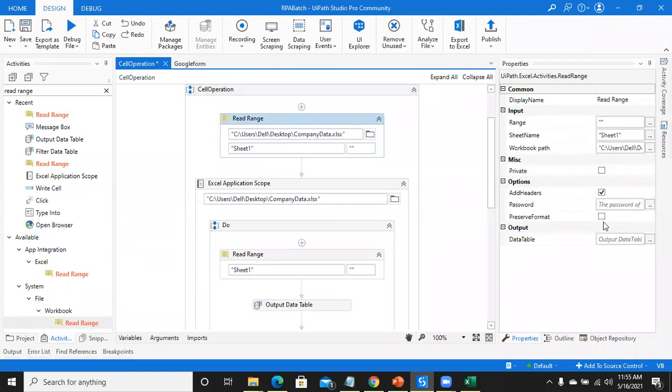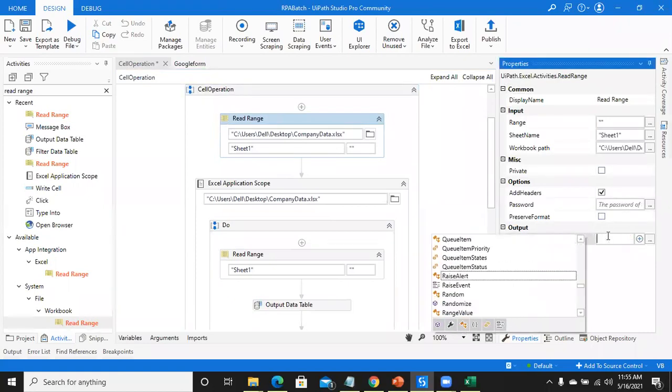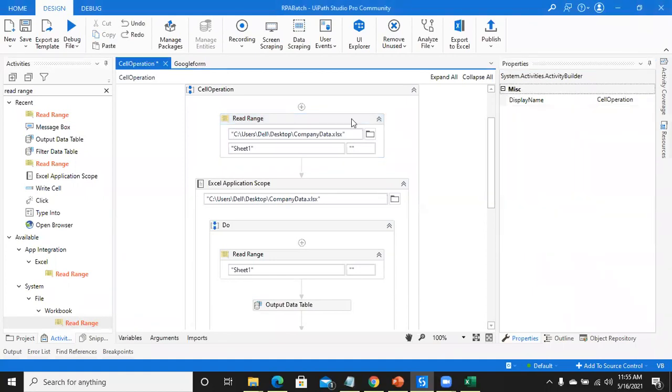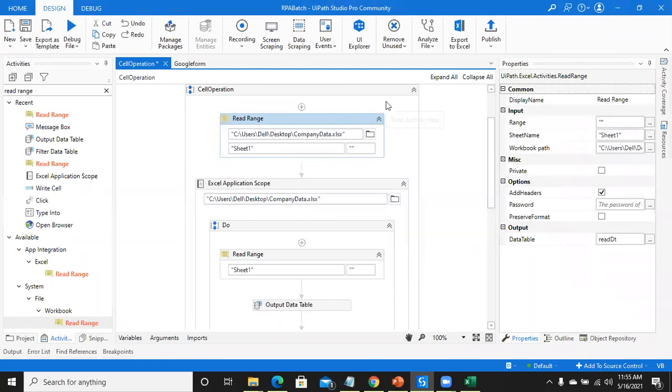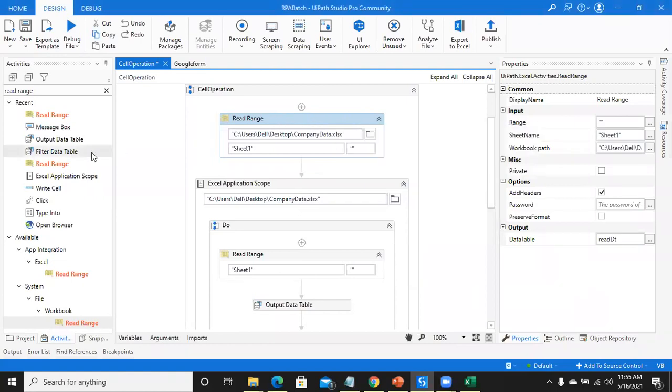Here also you can create a data table, that is the read data table, using Control K. This way is also working. But since we are dealing with Excel activities, I have used Excel application scope. Some of the Excel operations do not actually work in workbook activities.